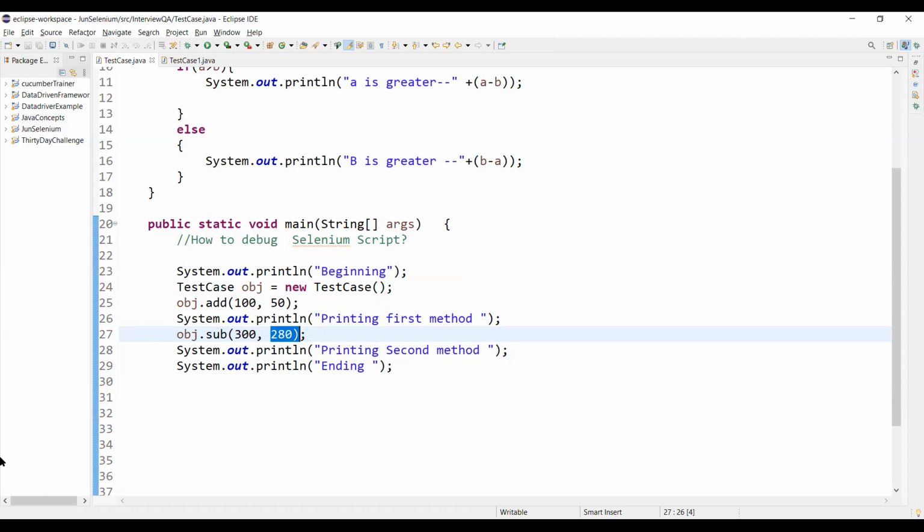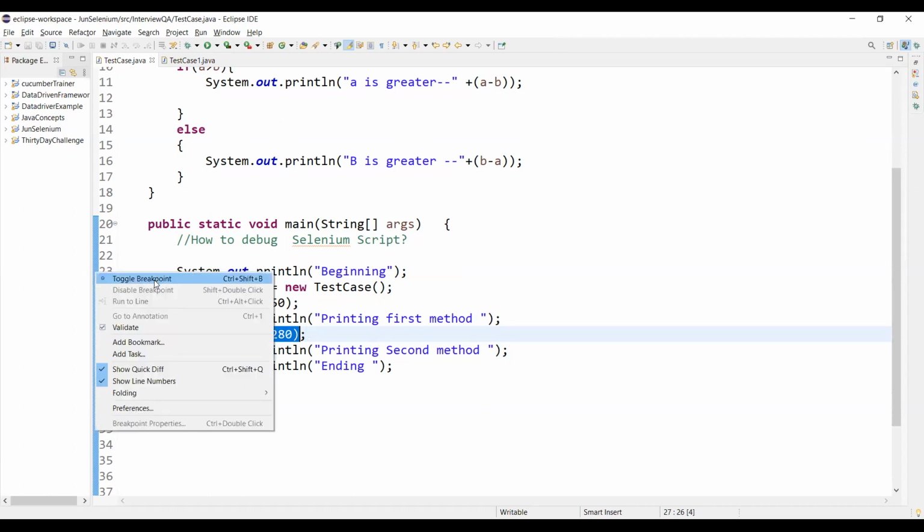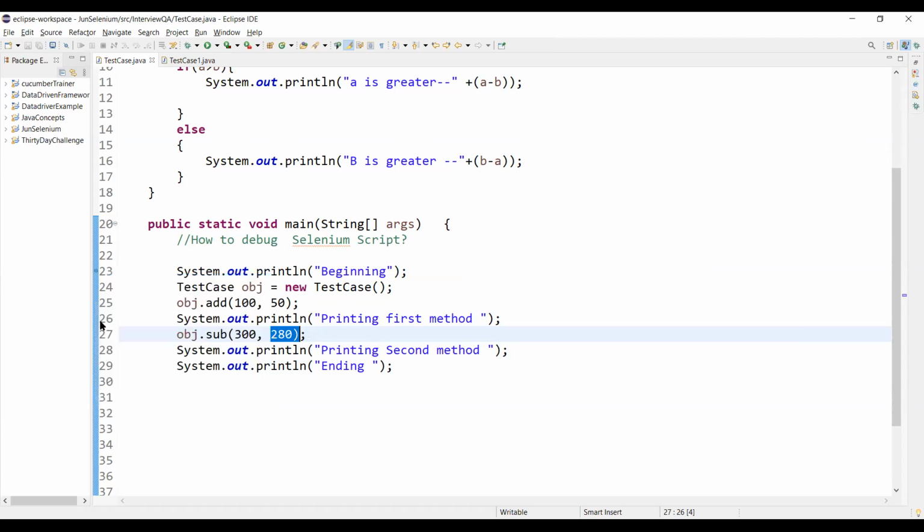Before debugging, first we should know how to add a breakpoint. If I want to add a breakpoint at line number 23, just right click and choose toggle breakpoint. Otherwise, you can just double click on the line number to add a breakpoint.